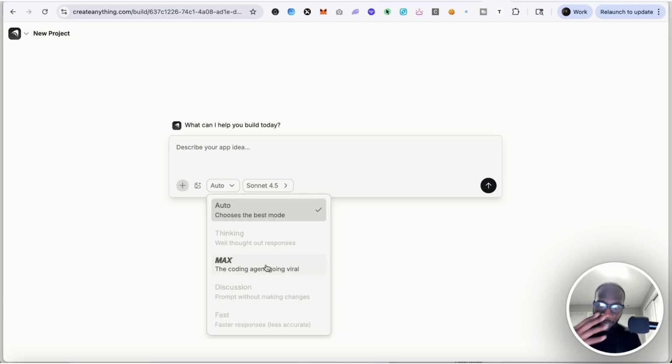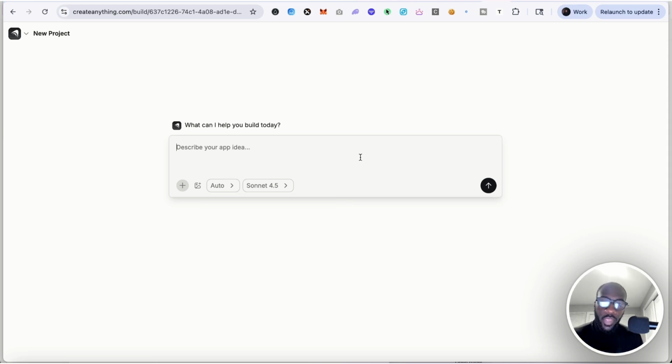This Max agent is a coding agent that will actually test and do QA for your app, and it'll take control of your browser and automatically go through the process of testing the app for you. You can now use different kinds of models with Anything. So I'm looking forward to seeing what the experience is like building out apps now with Anything. And I'm just going to get right into this.